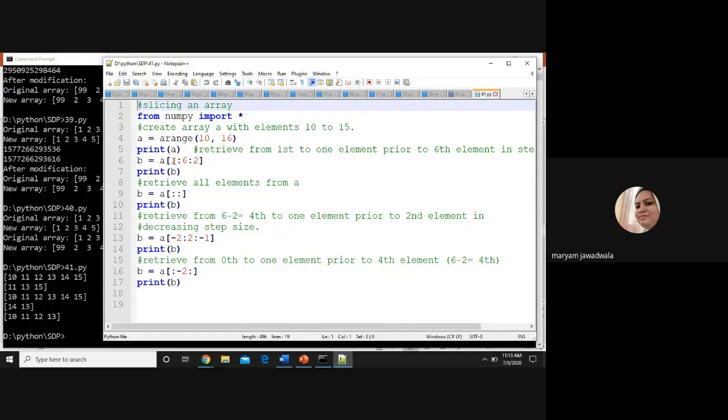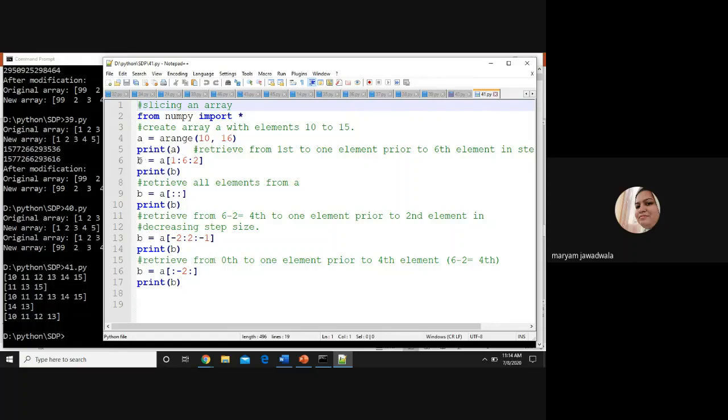What is the first element? The 0th element is 10, the first element is 11. The system will first print 11, right? And then, step size being 2, it will print the alternate elements: 11, then 13, then 15, and 15 is my last element. Up to this the elements will be printed.